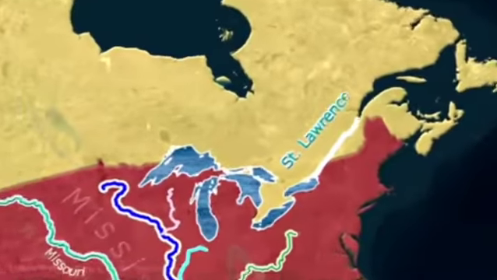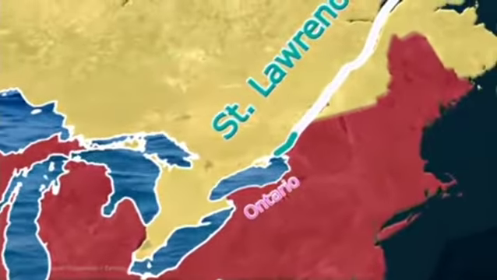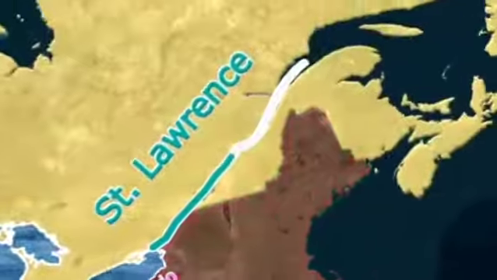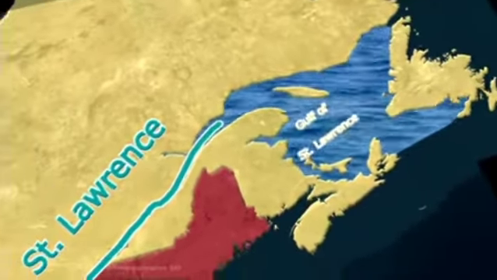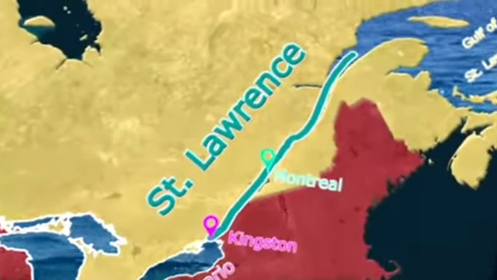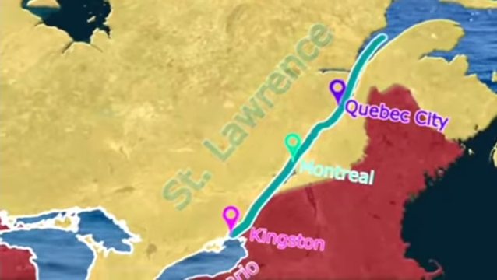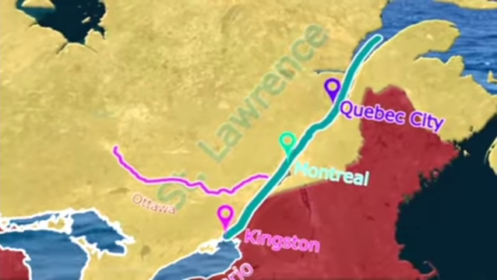Now, let us learn about the St. Lawrence River. It originates from Lake Ontario, flows along the boundary of the United States and Canada, and finally empties into the Gulf of St. Lawrence. Famous cities, Kingston, Montreal, and Quebec City, are located on its bank. Ottawa River is its major tributary, on which Canada's